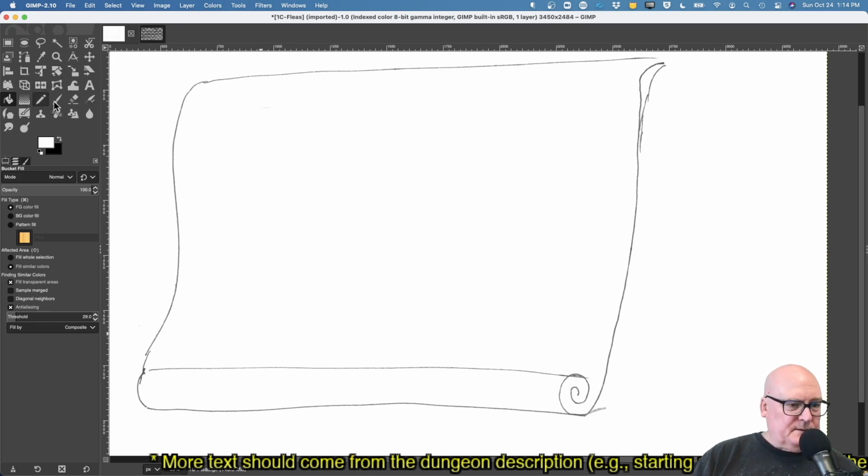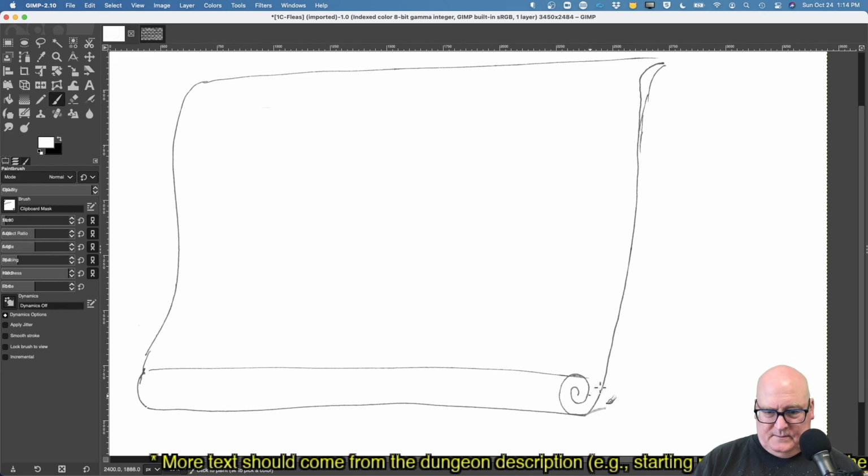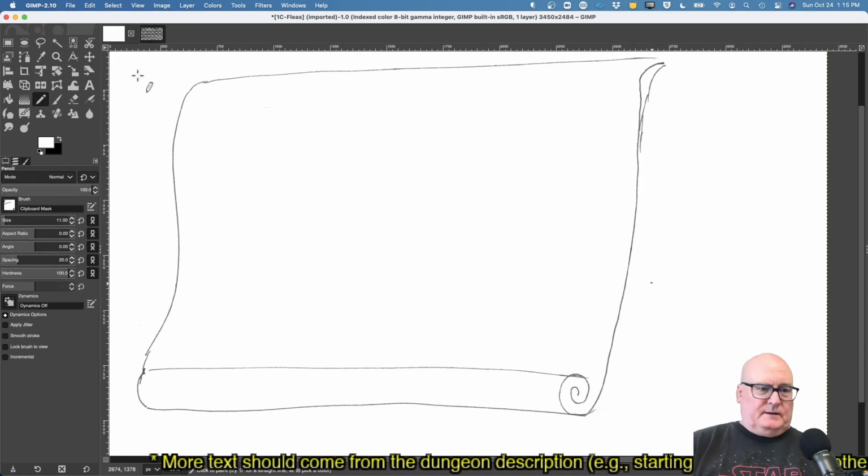Let's try a little paintbrush. I don't think this little corner matters that much, maybe. I'll try a pencil. This is probably the sort of thing that got me in trouble in the first place. Okay, now I'll paste this back in.